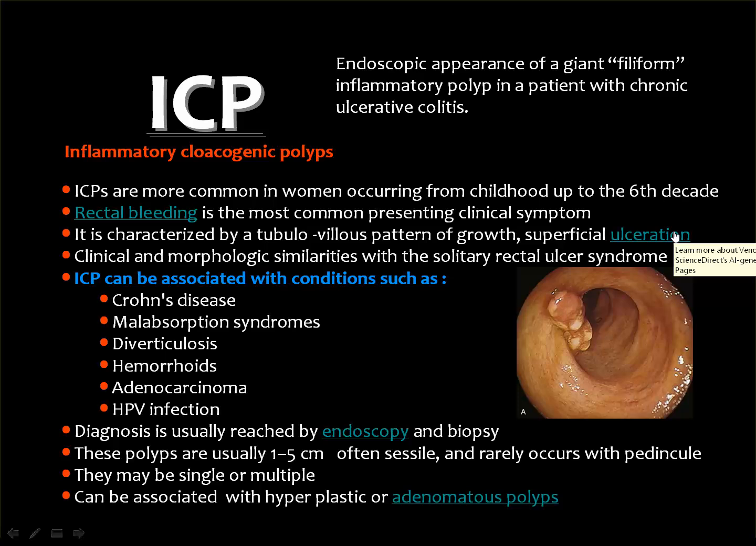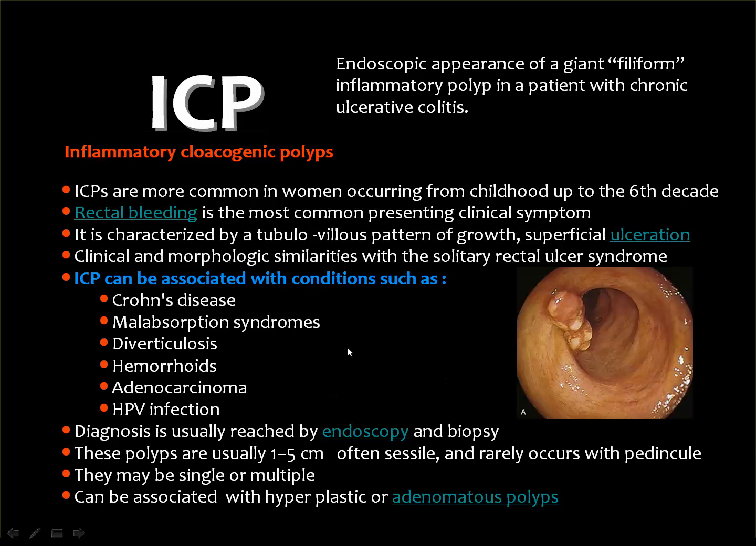And actually, I failed to get an imaging, either CT or MRI, for such polyps, but a lot of endoscopic images are available. So, you see this is one of these polyps, and the inflammatory bowel diseases like Crohn's disease, malabsorption, diverticular disease,